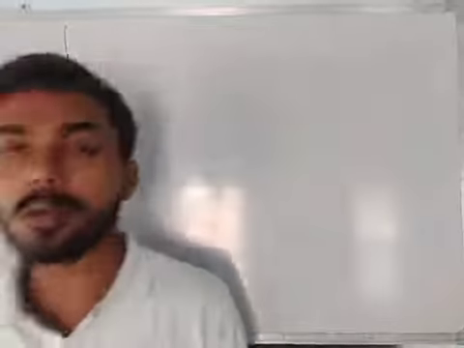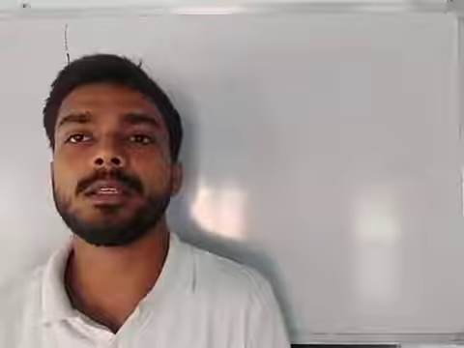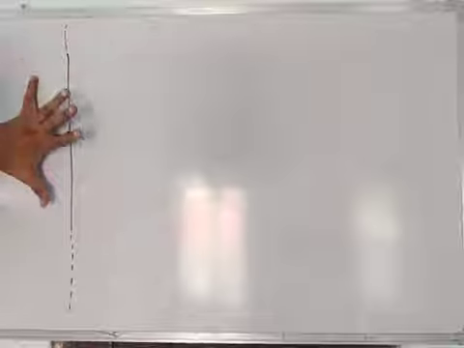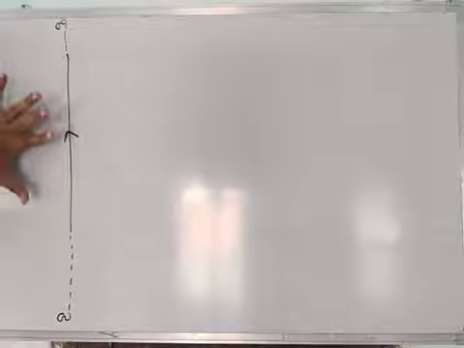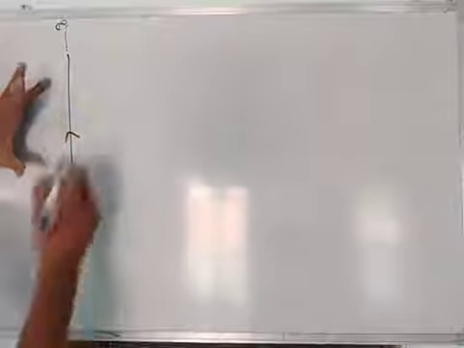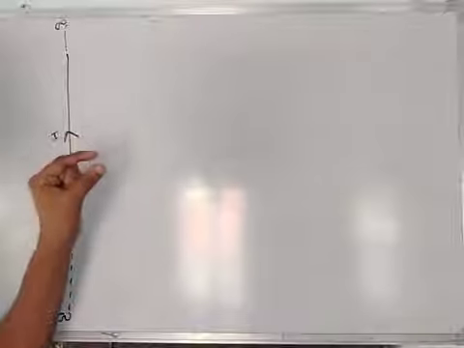Students, now we are going to discuss one more result, another application, and this is the magnetic field due to a current carrying conductor of infinite length. We have a conductor whose length is infinite in both directions, and we are going to calculate the magnetic field due to this conductor which carries a current I. And we all know very well that the Biot-Savart law is applicable only for small elements.